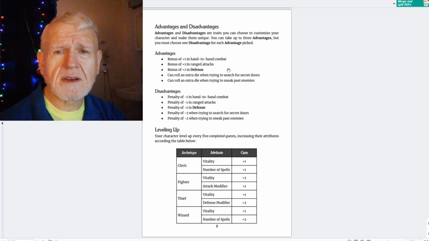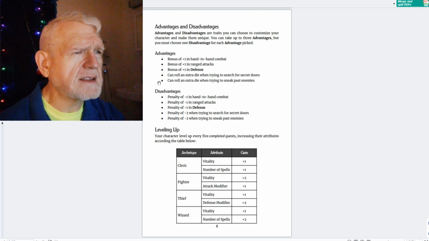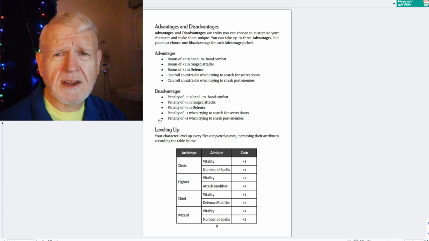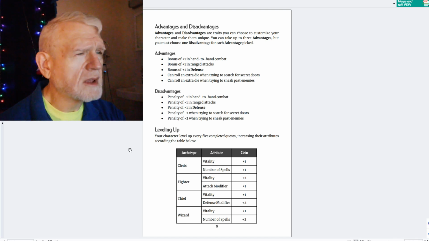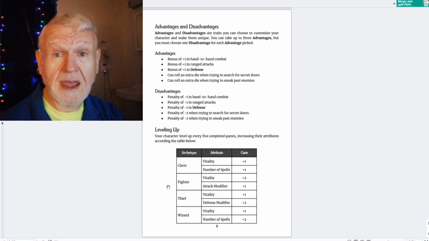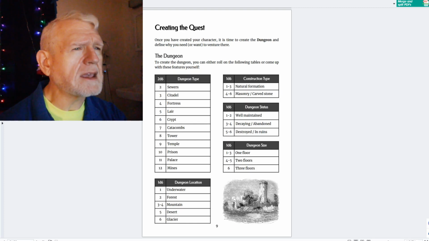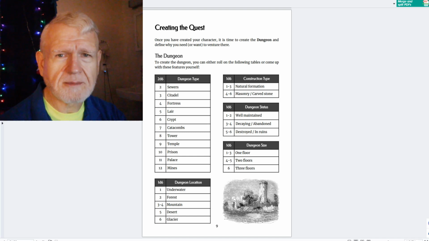And then there's your advantages and disadvantages, your bonuses to attack and defense. And you have to match it. If you get 1, you have to take 1 to match. Does that make sense? I hope so. And then leveling up happens every 5 completed quests. You just go up 1 on something, which isn't bad. Now, when you create the quest, this is why you almost don't need to map,